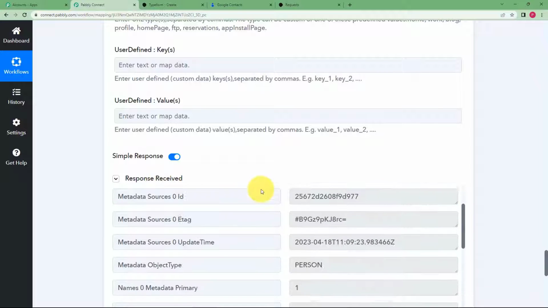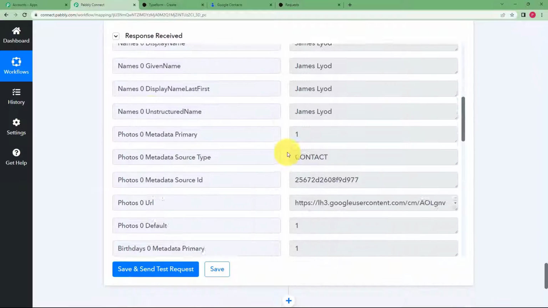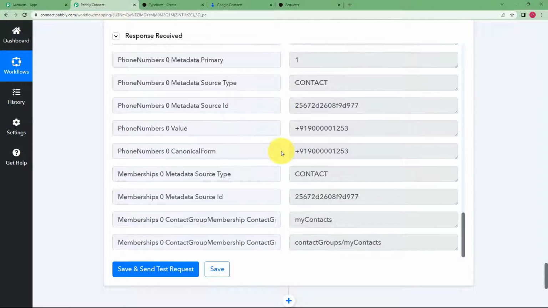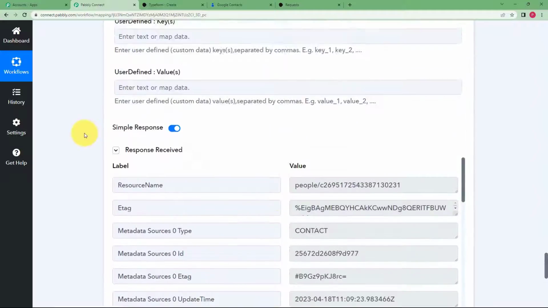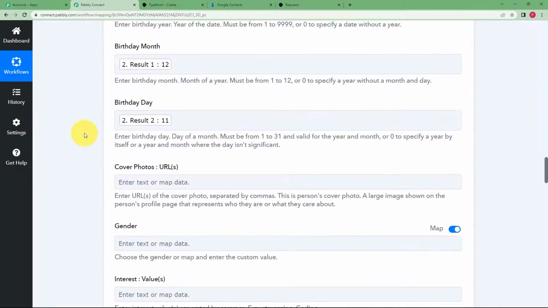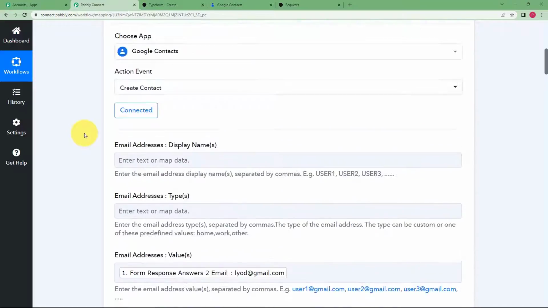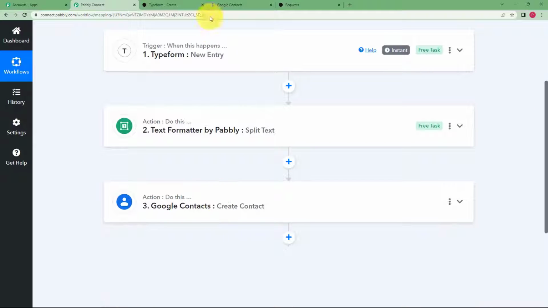And here we have received the response. It shows no error, which means that there is no problem in our workflow. Our contact has been created. Once this is done, you can close this step of action application, that is Google Contacts over here, and then